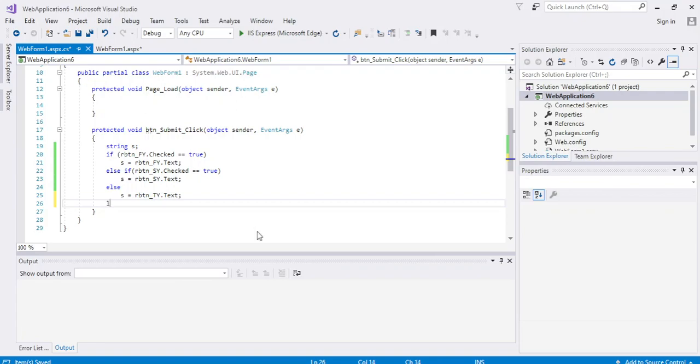Then label output dot text will be set to: Hello, the name comes from txt_name. You are successfully enrolled in